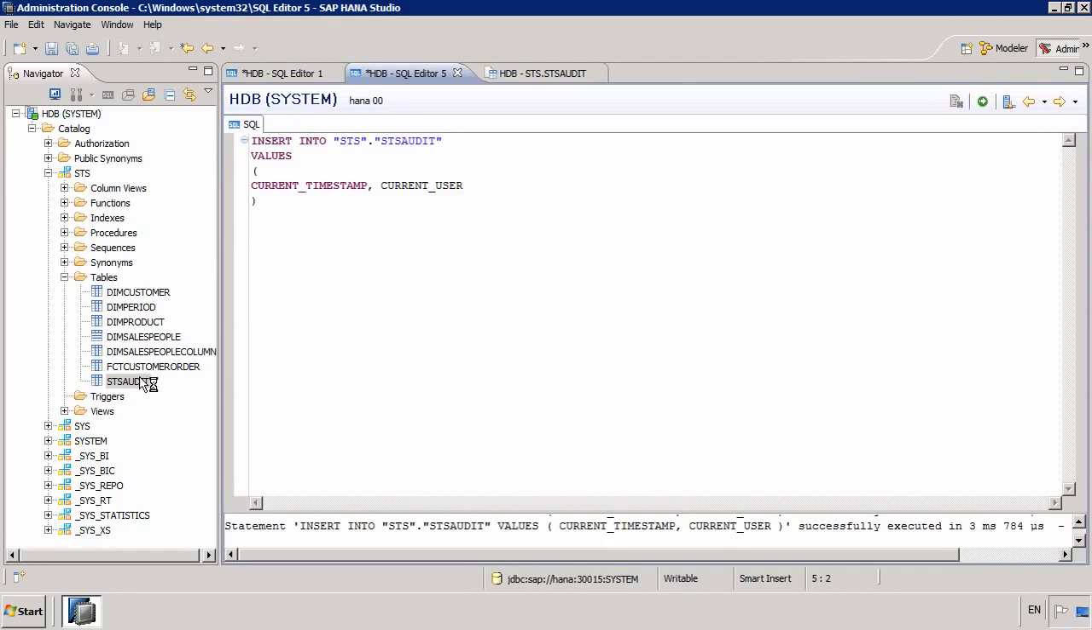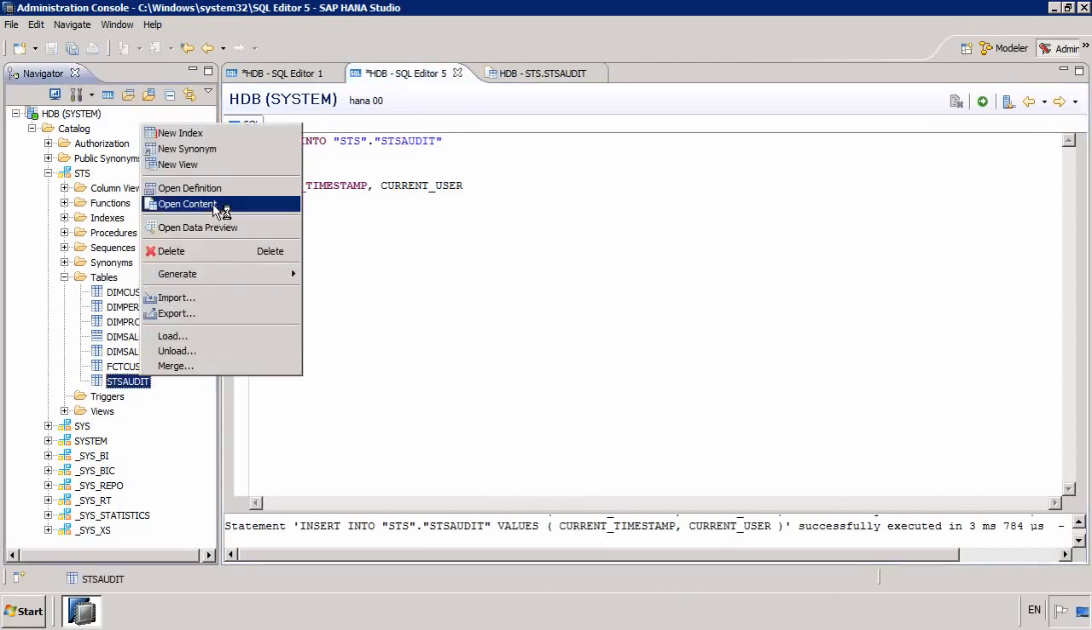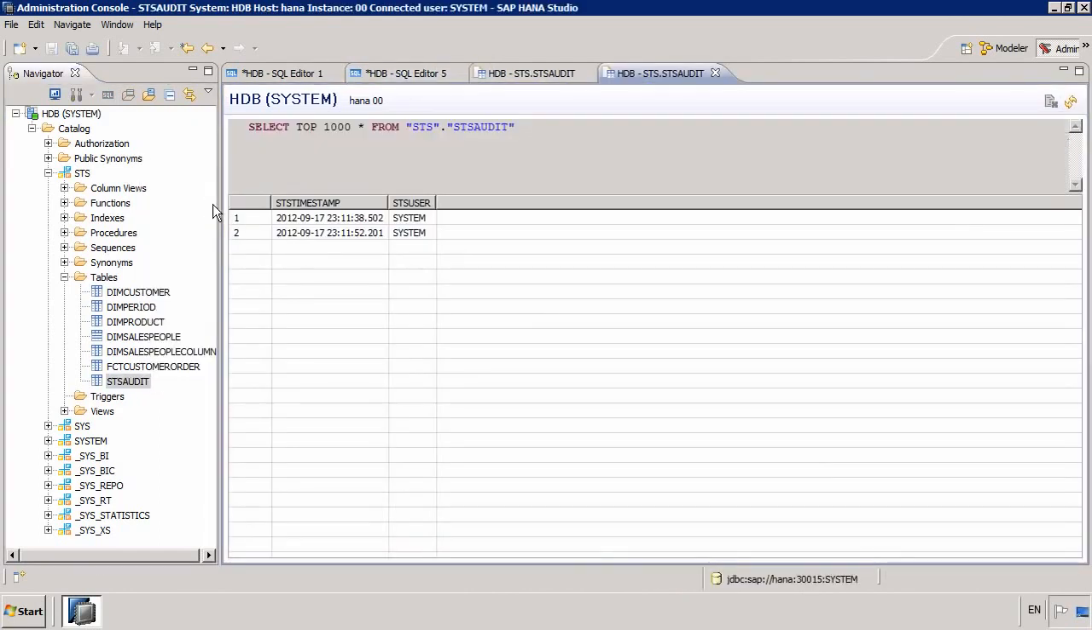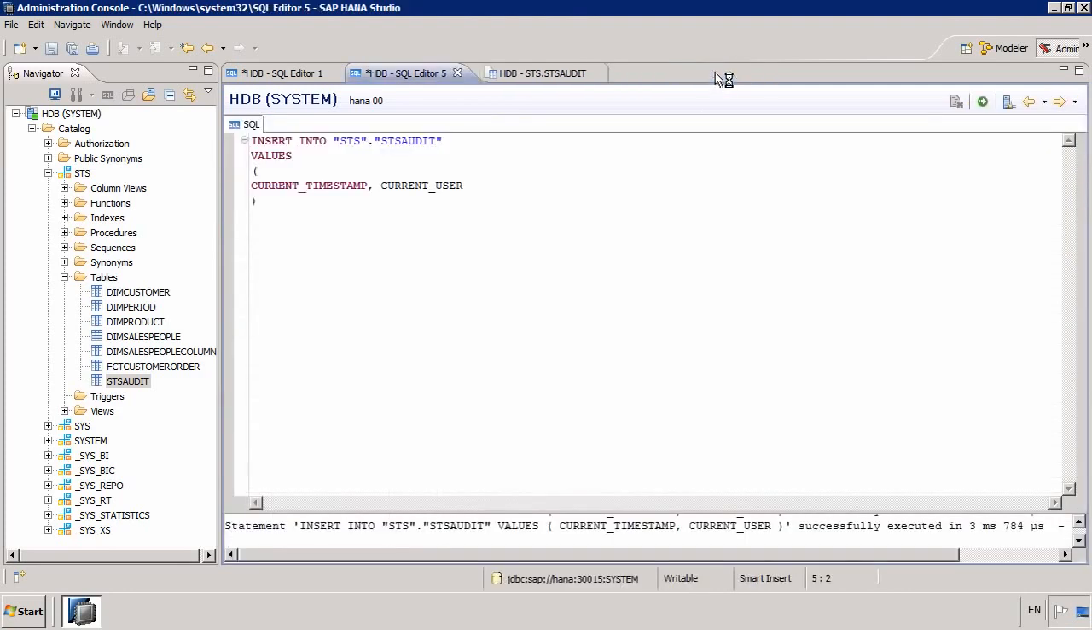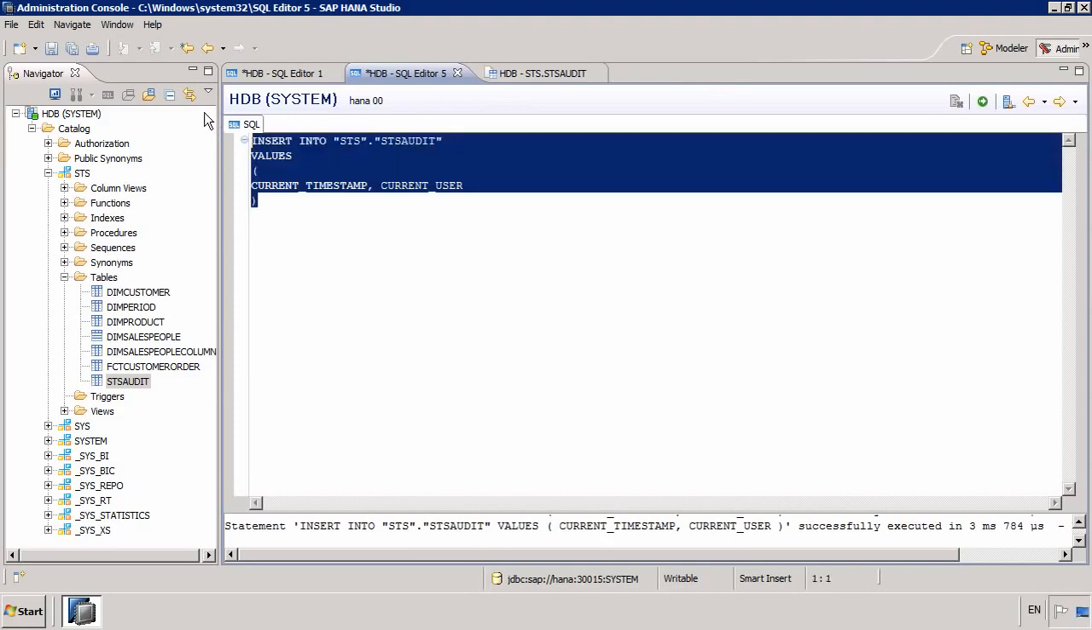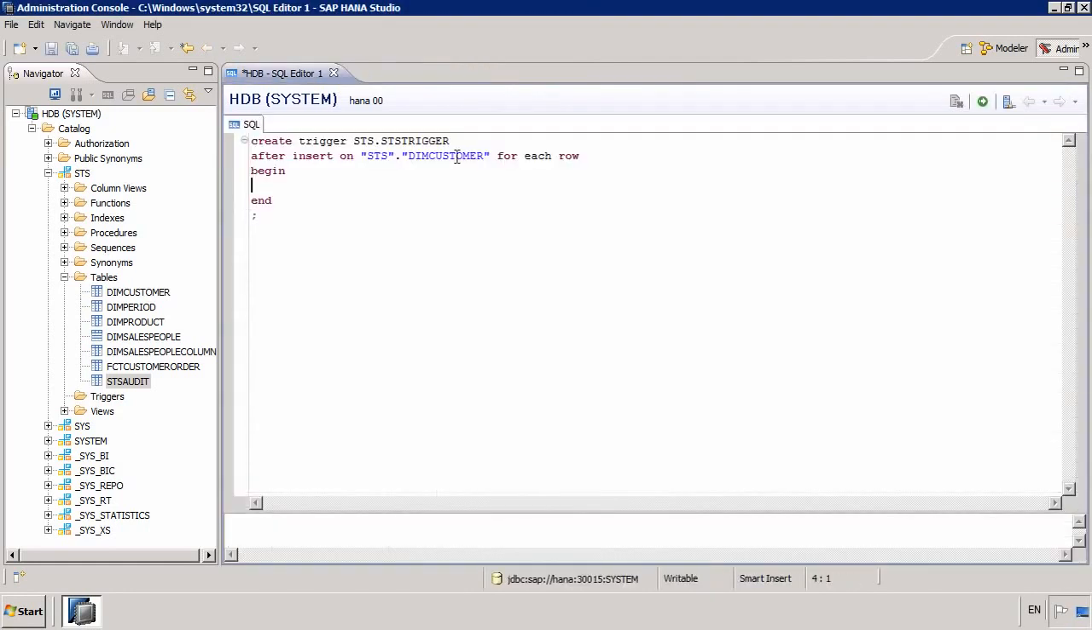There we go, second time. And again, I'll do an open content, and there should now be 2 records in that table. Perfect. So now that we know that that syntax works, we can take this syntax, copy it, and apply it to the trigger. So again, I'm going to close these 2 windows and then insert it between the begin and the end parts